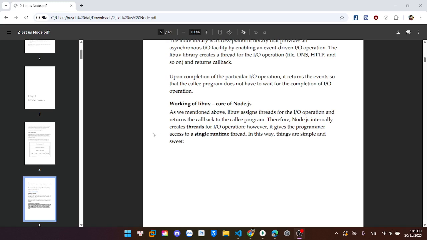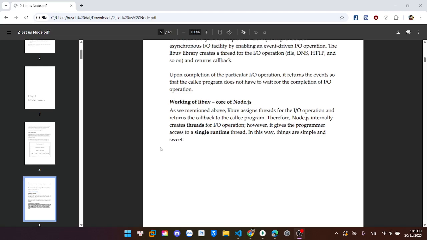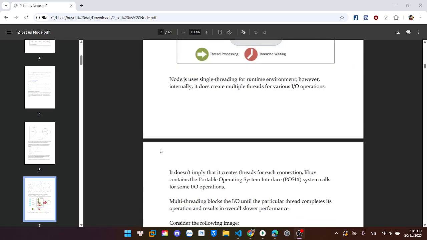libuv creates a separate thread to handle heavy I/O tasks. When an I/O task is finished, libuv returns a callback to Node. This means our main thread is never blocked waiting for I/O. It is always ready to handle other requests. And next is